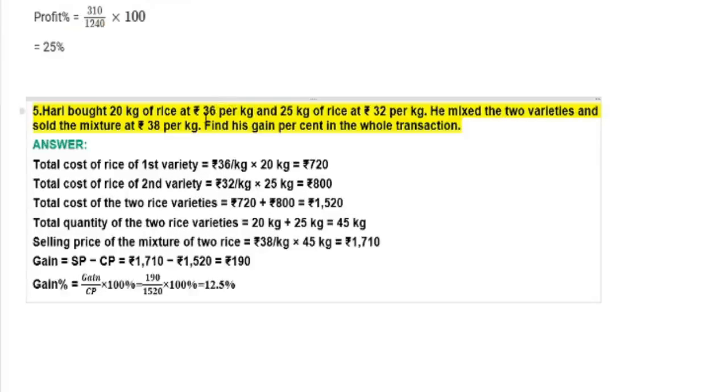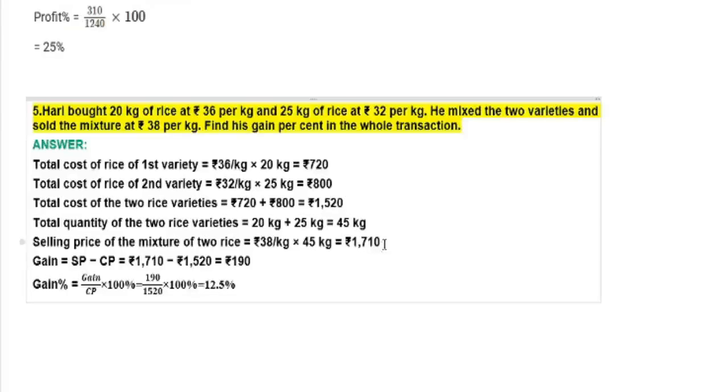The first type is 20 kg, the second type is 25 kg. If you mix them together, you will get 45 kg, that is 20 plus 25. So for selling there is 45 kilogram of rice. We have to calculate the selling price. Selling price of the mixture of two rice is 38 into 45, that is 45 into 38, you will get